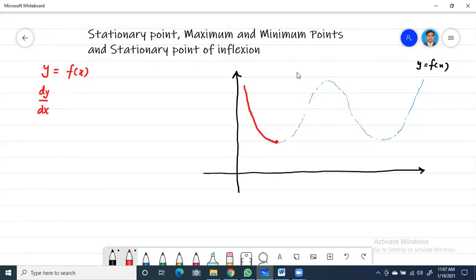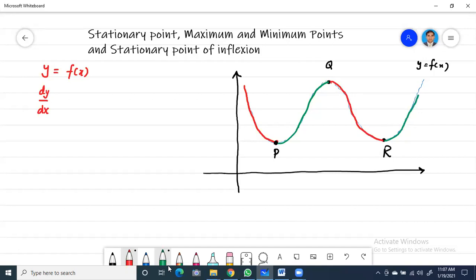This turning point we are mentioning as P. This is the turning point we are mentioning here, Q. And this is also a turning point we are mentioning, R. Then from P to Q, this portion of the curve I'm describing with the green color. Again from Q to R, this portion of the curve is red, and from R onward, this portion is again